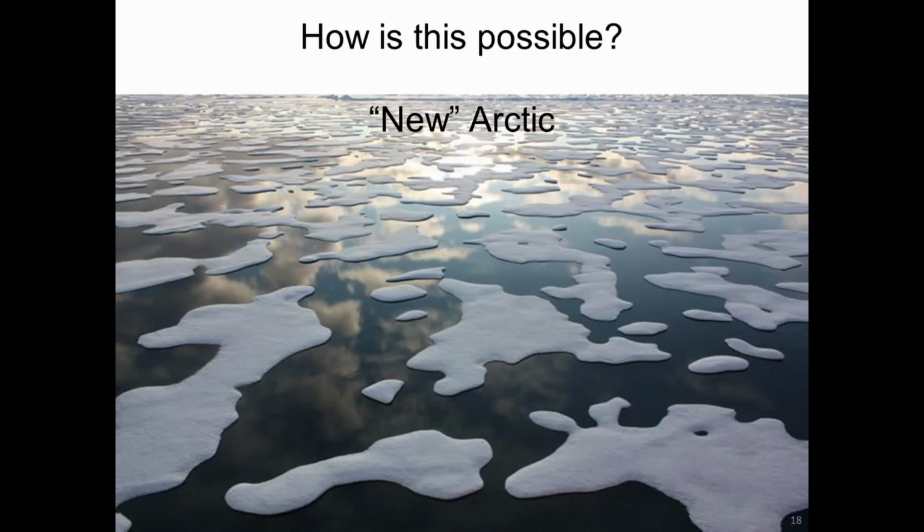This is what the Arctic looks like now, most of the time, most places in the springtime. What we see is this is 100% ice cover, but it's all covered in meltwater. It's melt ponds. In this situation, lots of light goes through this ice to those phytoplankton below. So this is a recipe for early phytoplankton blooms in the Arctic.